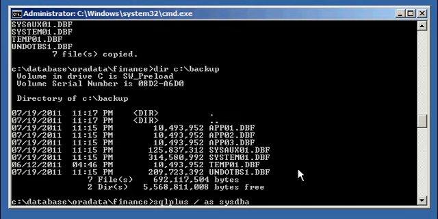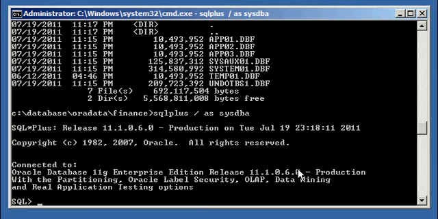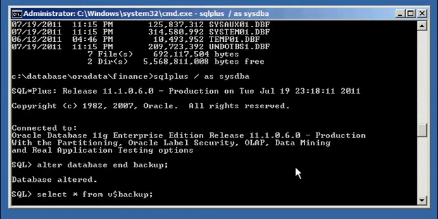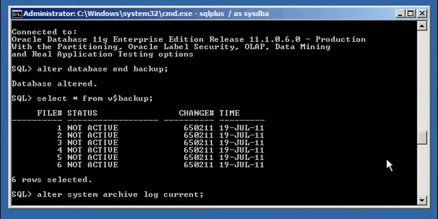Now we go back in SQL Plus and we take the database out of backup mode because we copied the DBFs. So we type in alter database end backup. And if we type in select * from v$backup, we will see that all the tablespaces are now out of backup mode. Now, per the procedure, we do another archive log switch, alter system archive log current,